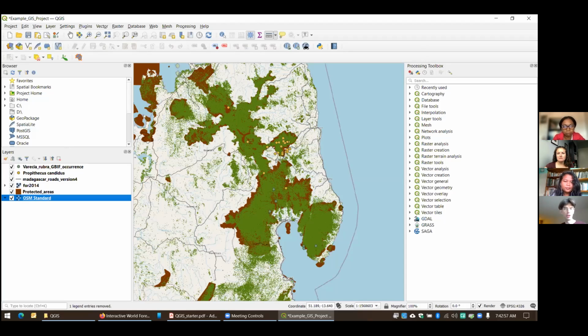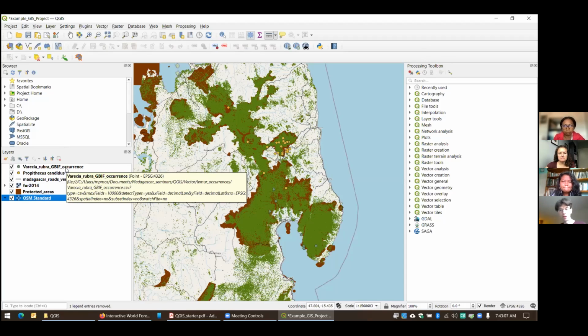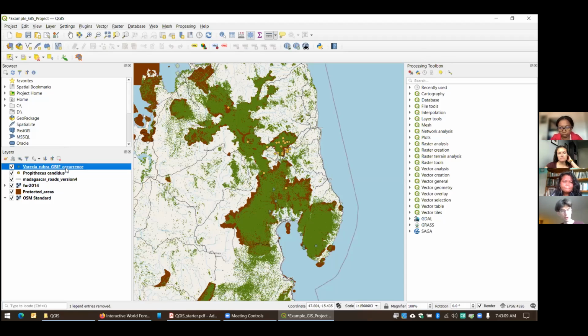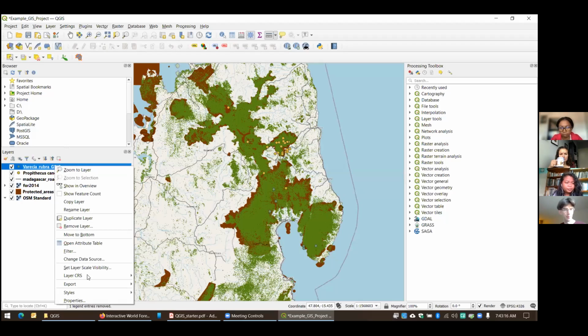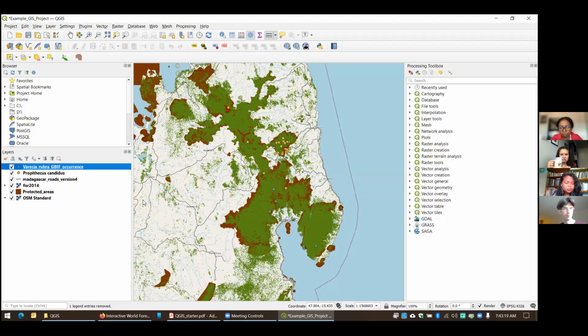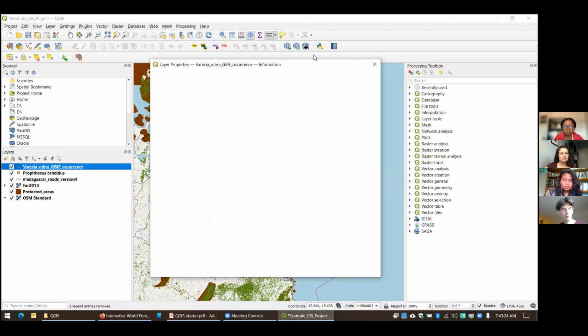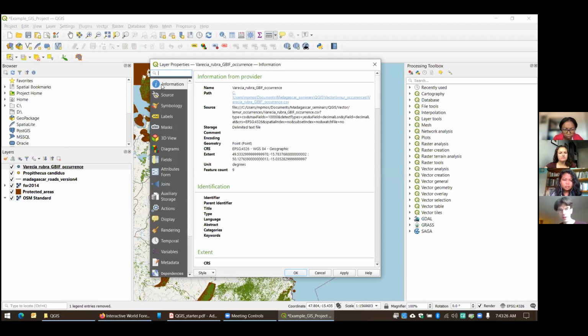All right, the next thing that I want to show you, based on a question that I got about reprojecting data. We had talked last time that all of the data has some type of projection. If we want to find out what projection each of the layers is in, you can come up here to the layer of interest, right click on it, go down to properties. The property window will pull up. And then on the information tab, we can go down here to where it says CRS.